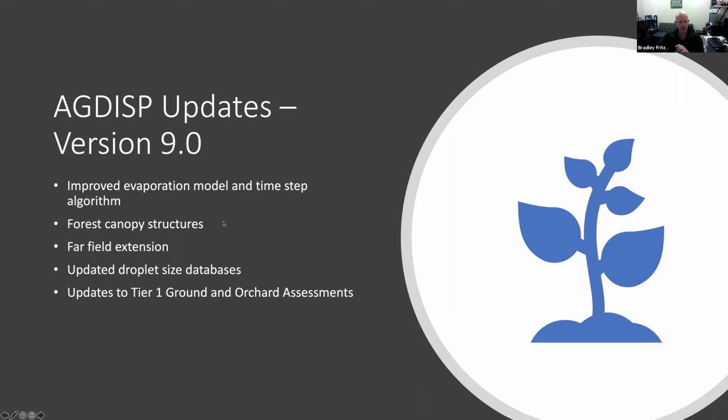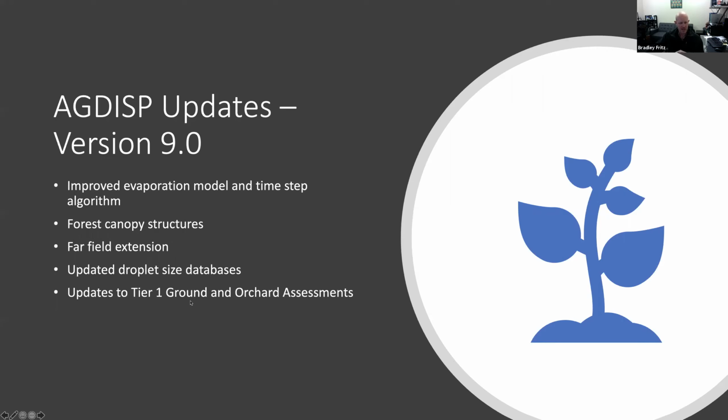A better forest canopy structure evaluation, added in a far field extension for some more of the long-term, particularly vector control modeling, updated the droplet size databases that are used in driving the modeling inputs. And then